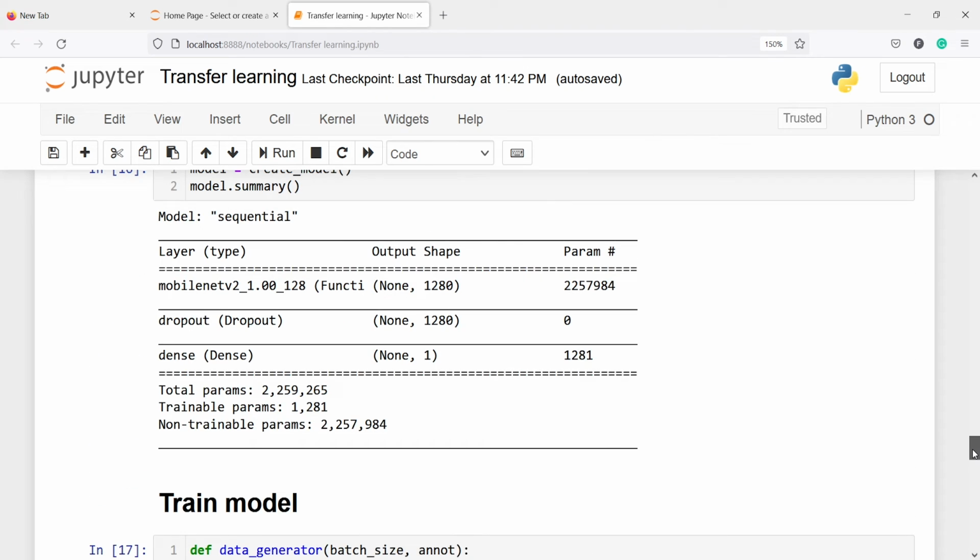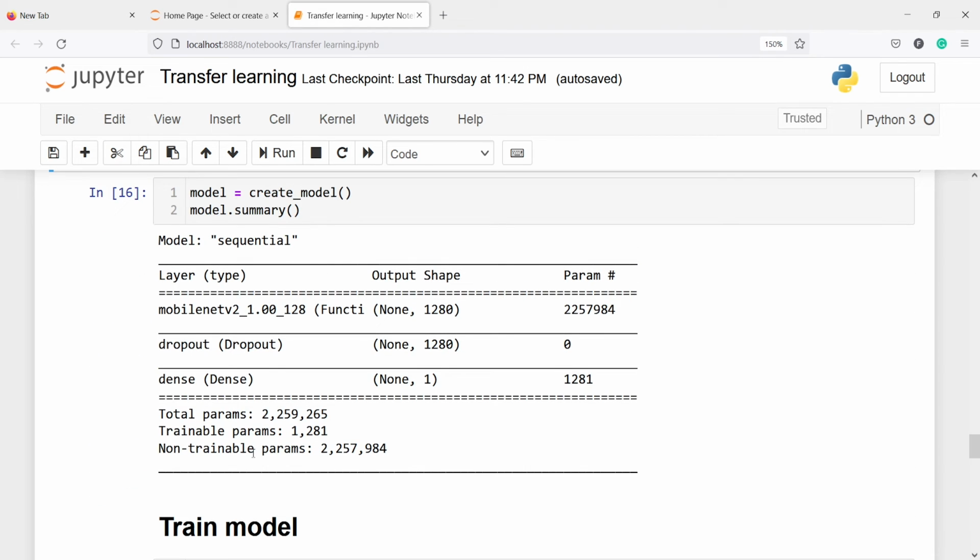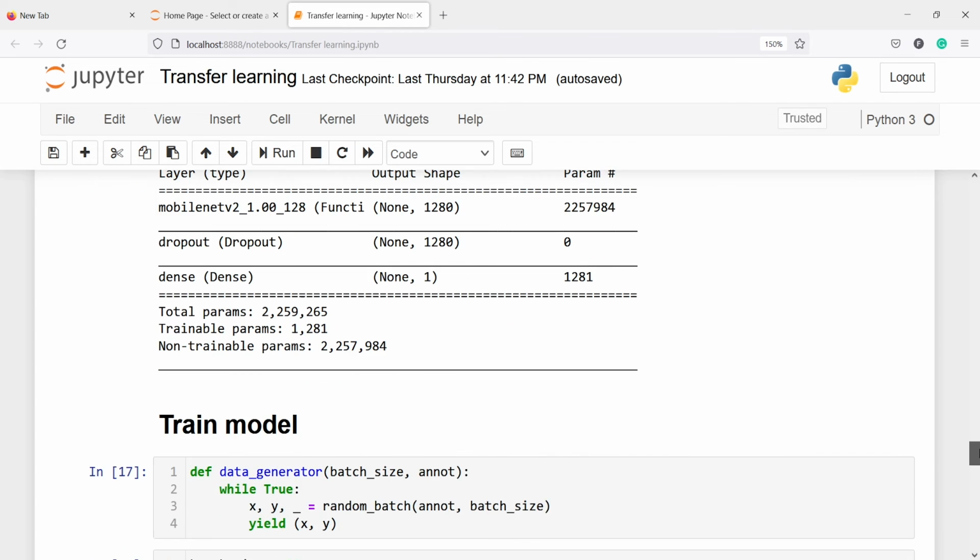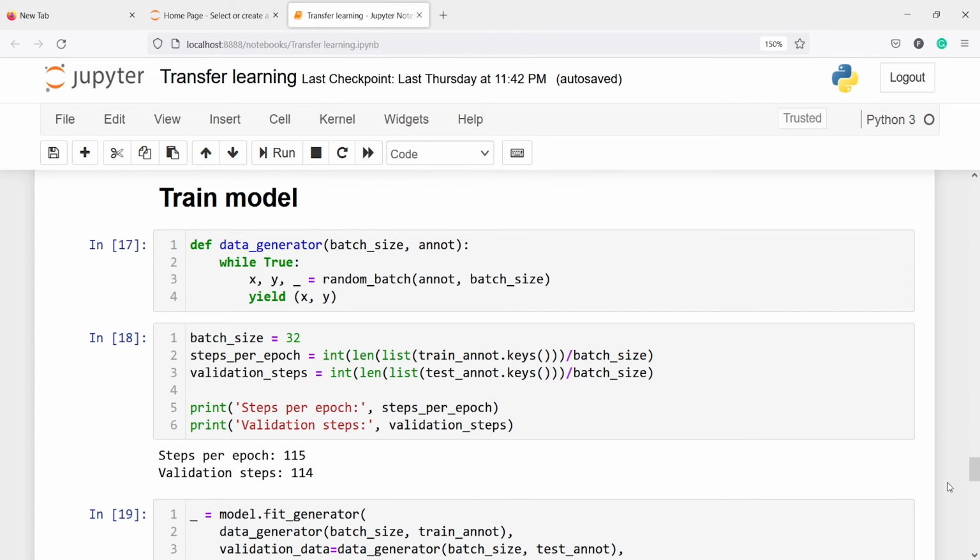So we have this total parameters, trainable parameters, and non-trainable parameters. This is nothing but the subtraction from this one. The next step is to train our model, and first we are creating a function to generate continuous data, and